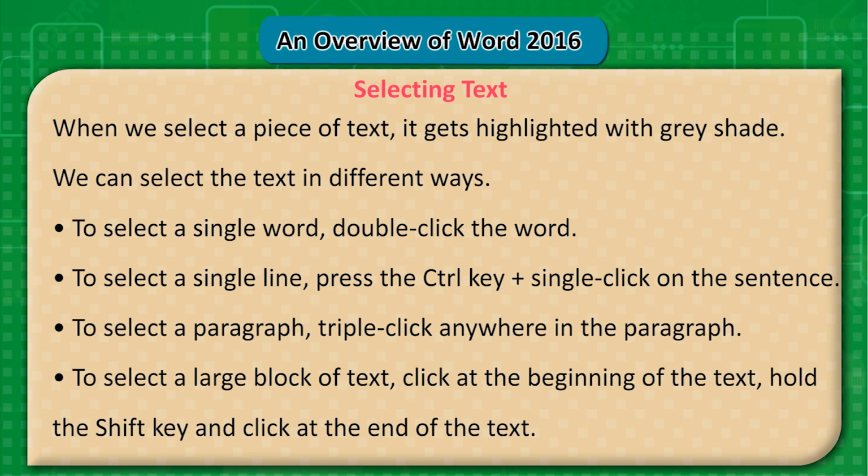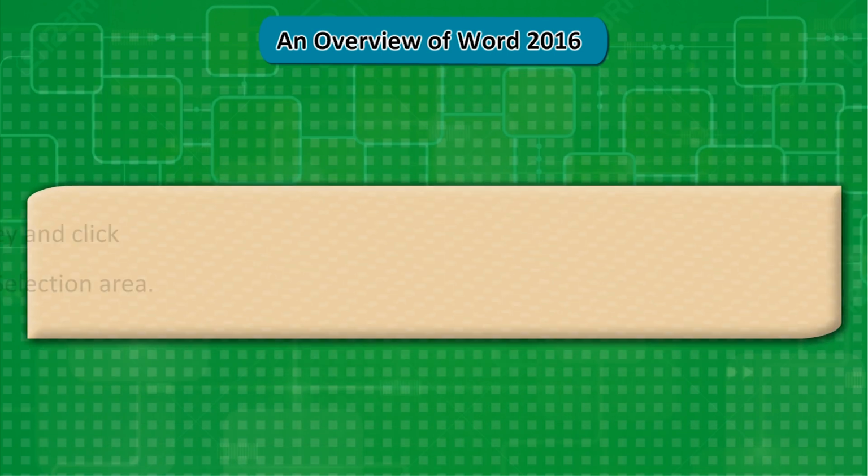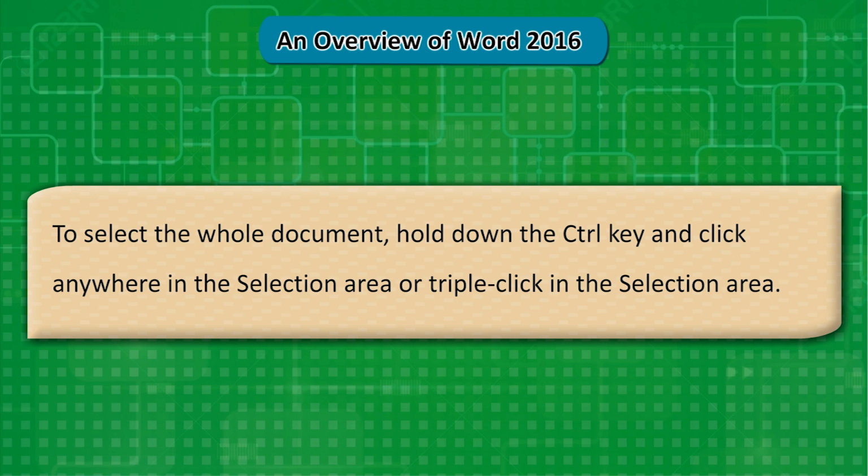To select a single word, double-click the word. To select a single line, press the Ctrl key plus single-click on the sentence. To select a paragraph, triple-click anywhere in the paragraph. To select a large block of text, click at the beginning of the text, hold the Shift key and click at the end of the text. To select the whole document, hold down the Ctrl key and click anywhere in the selection area or triple-click in